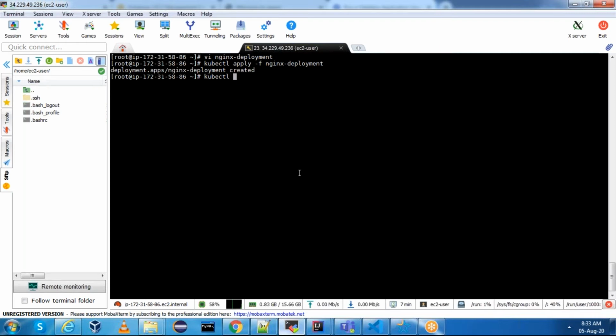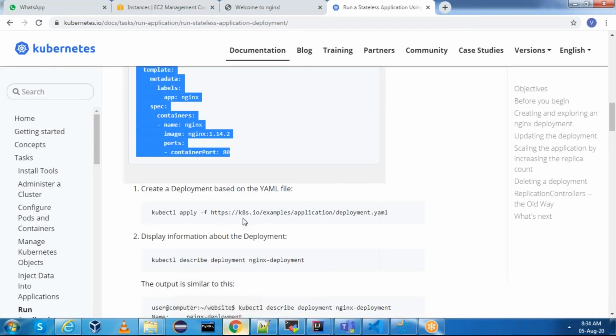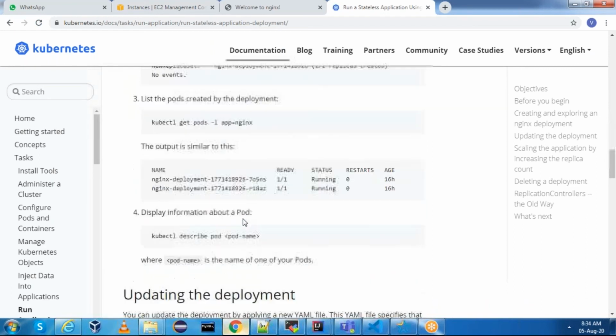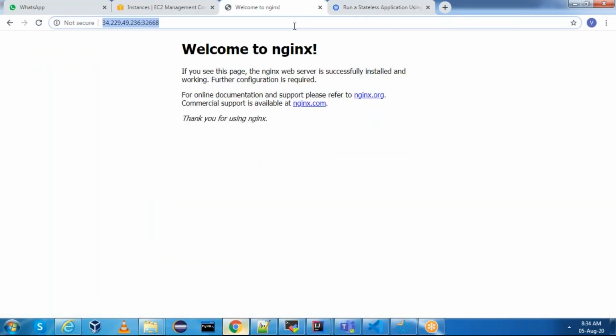Now also you can see the deployment. Get deployment. Okay, we have deployments up and running. It shows 2 pods are running. You can verify the pods as well. Perfect. This is through YML. Now we need to expose this through YML for service as well. Okay, let me show you that.